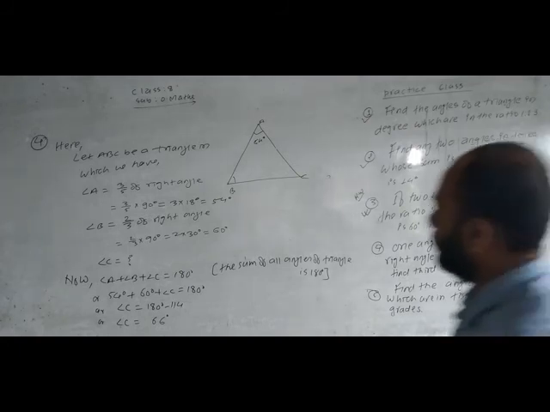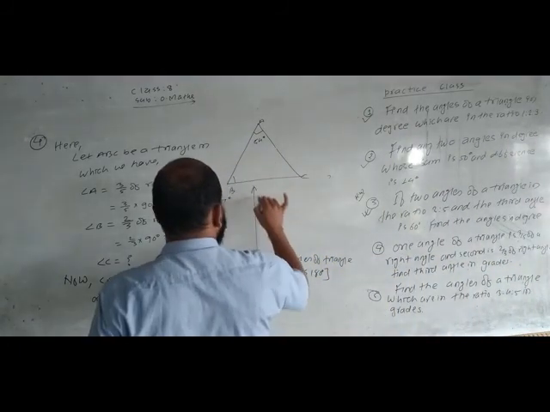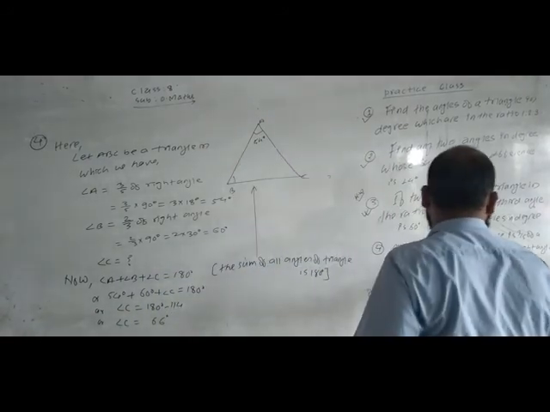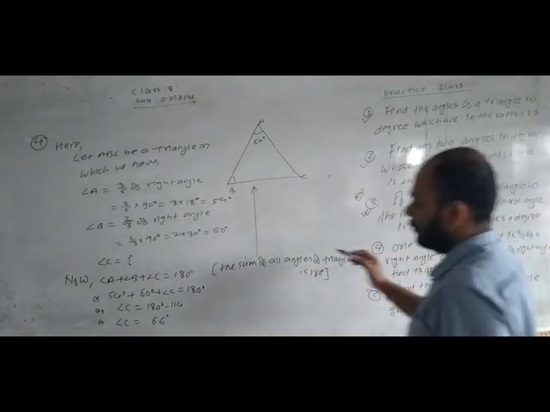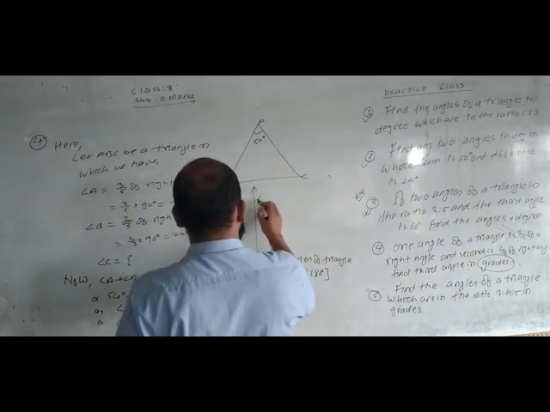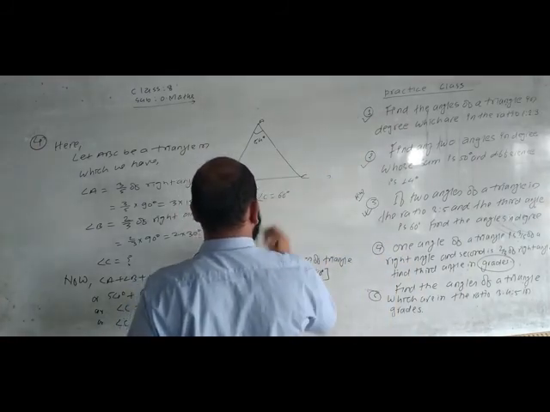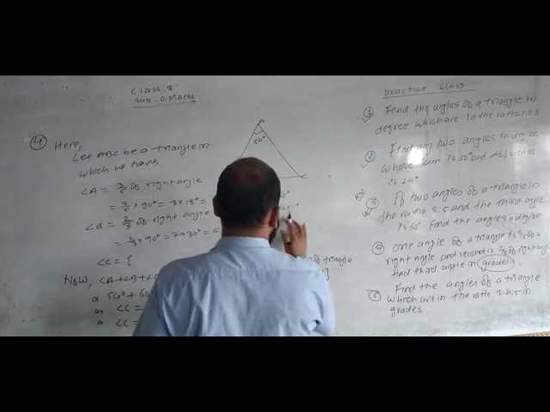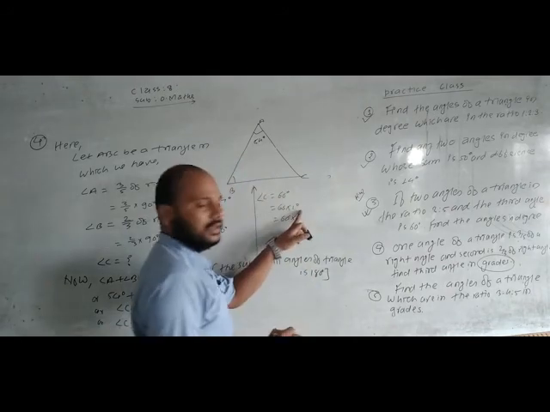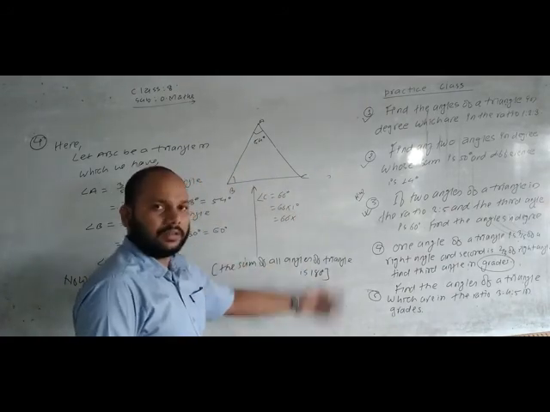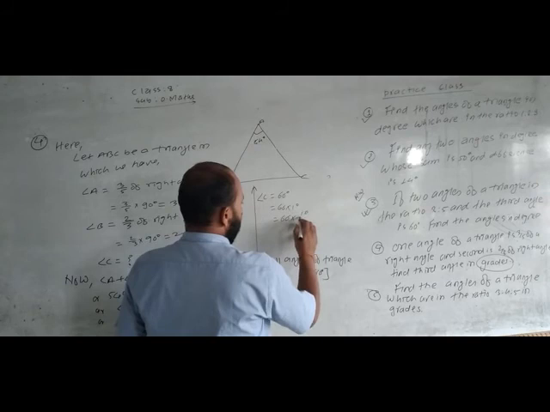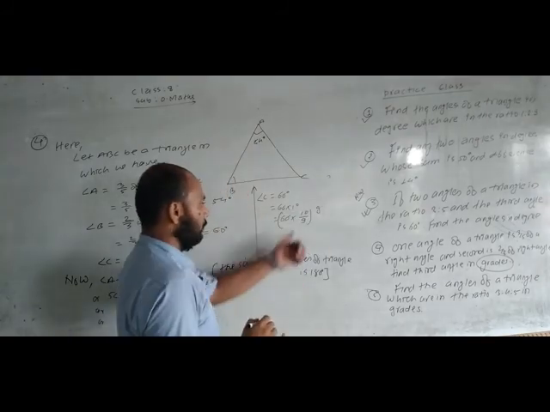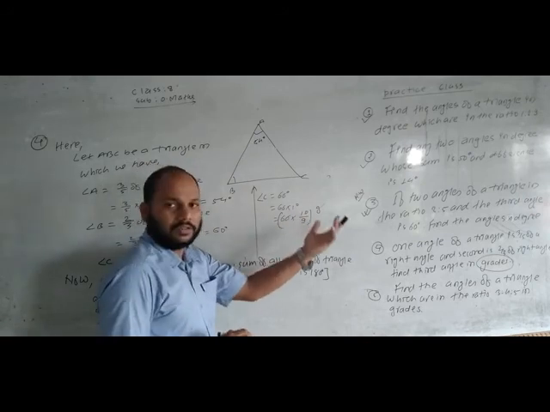And your question demands to find the angles in the grades. So we know that now we have angle C is equal to 66 degree, and 66 into 1 degree. What is the value of 1 degree when we write it in the grades? Then we have 10/9. Now it is in grade. When we multiply by 10 by 9, then degree converts into grade.